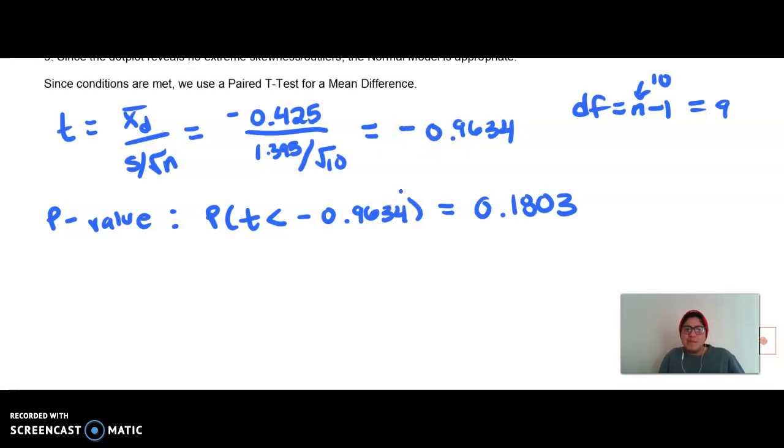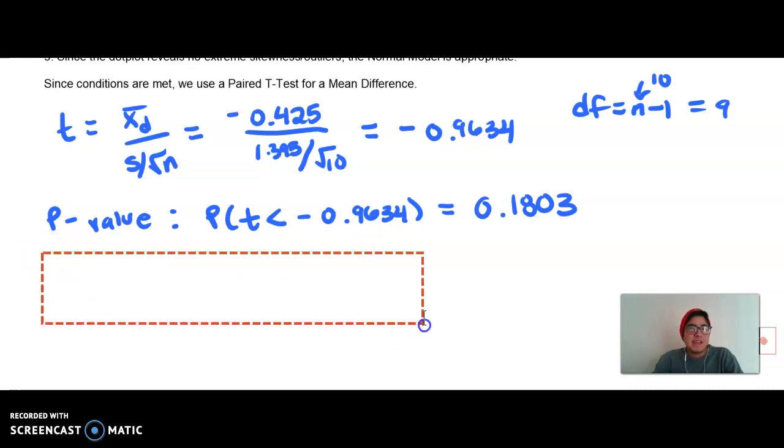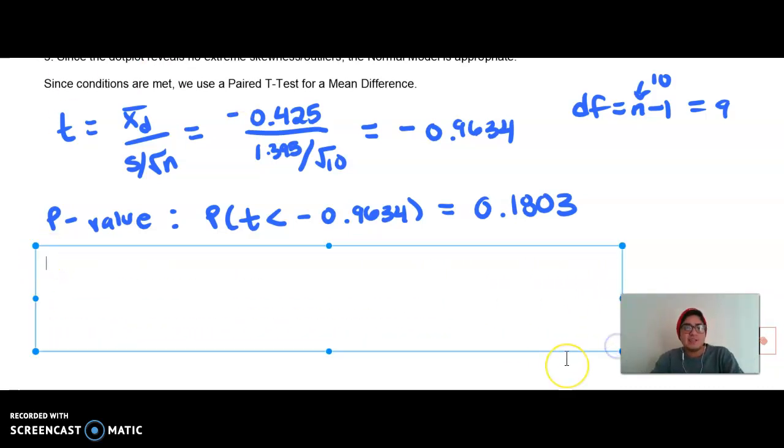But also, ignoring the AP exam here for a second, just being a good statistician and a good mathematician is communication of what you're actually doing in your process. Well, if the p is low, we reject the null, but alas, the p is not low here. So if the p is high, you cannot deny. So here, since p-value equals 0.1803 is greater than alpha, which we specified to be 0.05, we actually fail to reject the null hypothesis,